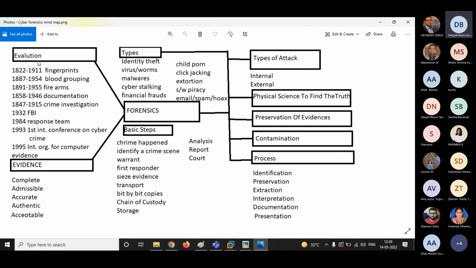Deepak, what is this evolution? Like there was a lot of chronology kind of thing. What is that? Evolution of forensics. How forensics started. And let me tell you, forensics is still in its evolution phase. It's not totally evolved. Getting my point there? This is the history about forensics, and still it is in an evolving phase. That's why attackers are somewhat ahead of the security guys, because forensics is in its evolving phase.